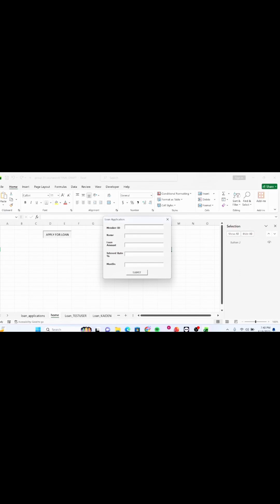So when you come to our SACCO, me as the cashier, I'll put your name, I'll give you a membership ID, and it will be, let's say, 06. I'll write your name here, but of course in uppercase: Henry Nganda, and your loan amount, if you want 5 million,